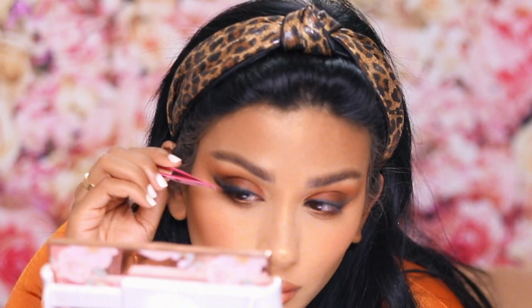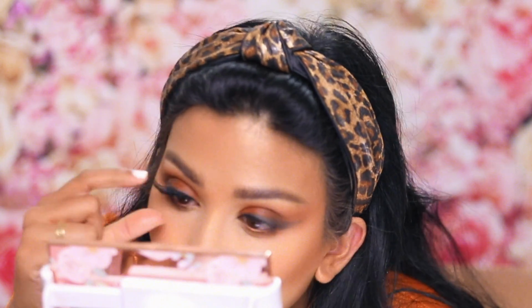I curled and applied mascara on my lashes. I used the Benefit Bad Gal Bang. And then for lashes, I'm all about a simpler lash now. These are Ardell Wispies. I just cut off the end and I apply them kind of angled up to offset